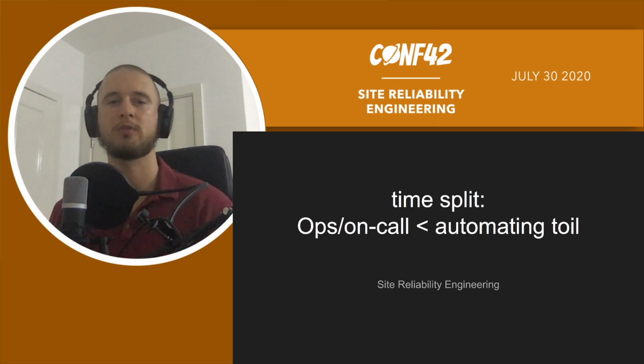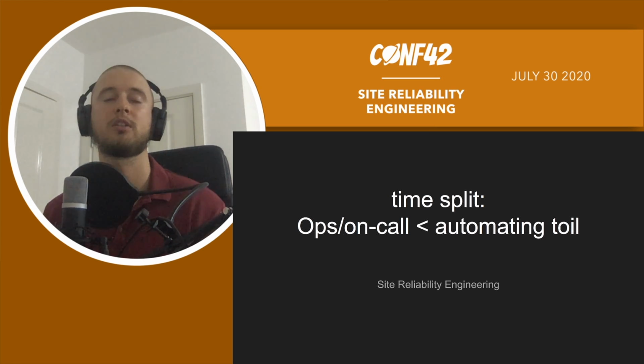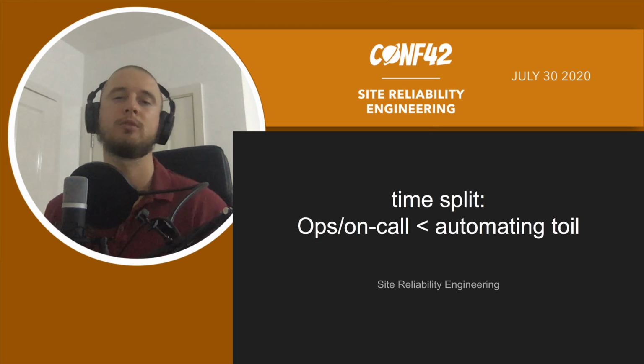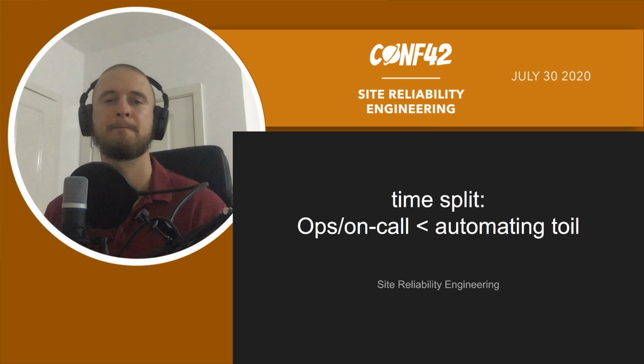So the deal for the SREs is that they're going to spend less of their time dealing with the actual operations, the on-call, the crisis management, and spend most of their time using their software engineering skills to roll out automation, to automate the toil away, right? So they're going to write software to automate things, so that there is less ops and on-call to do to begin with, right? And that's it. There is a lot of hype about that, but at the core of it, this is what it is.